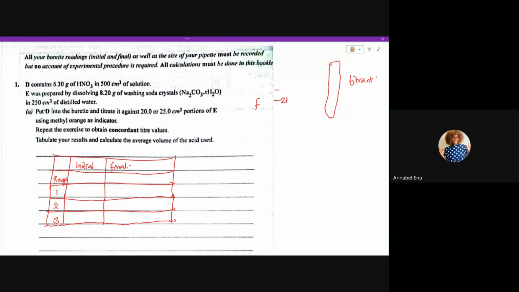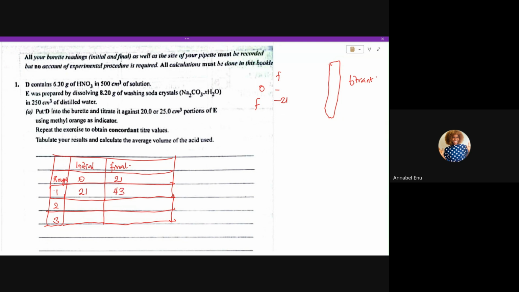Then our initial reading was 0 for the first reading. So let's just say the first reading is for our rough. For our rough, the initial is 0 and the final is 21, for example. And then for our first actual reading, the initial is 21, for example, and our final is